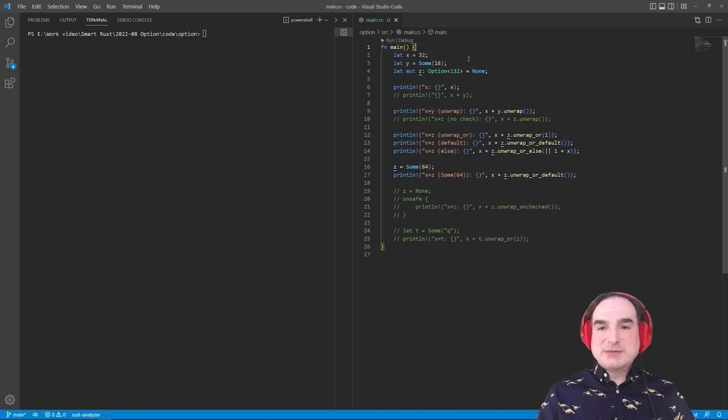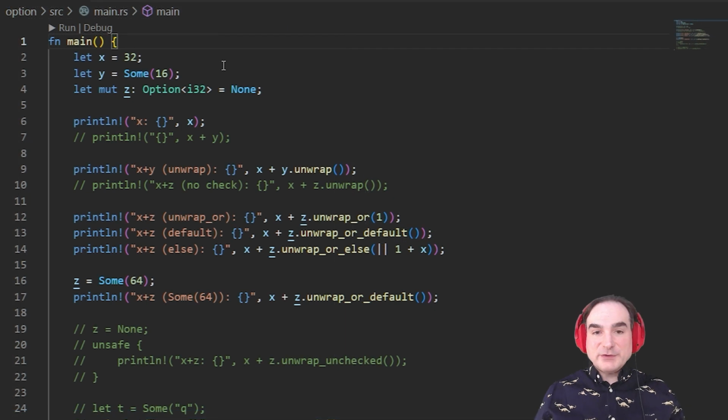But it's too easy to write code where a null value gets used instead of a non-null value at runtime, and that would result in a crash or a subtle error. With Rust and the option type, though, you get this kind of checking at compile time. Issues with nullable types, as they are called, get flagged by the type system before they ever make it into production.